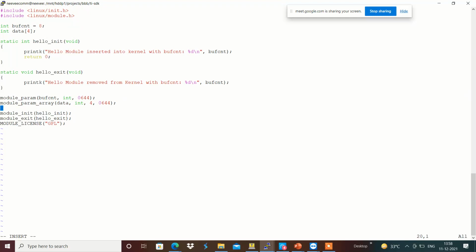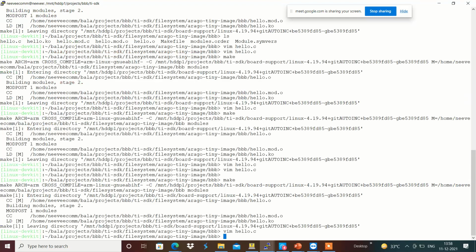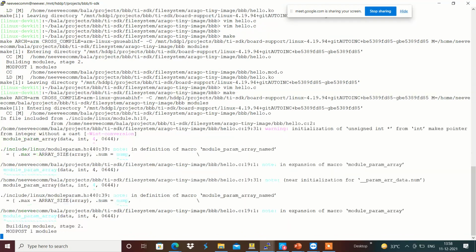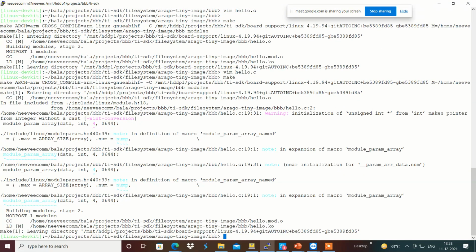This will work in a similar way as the variable, but it will be something where we can give the numbers.